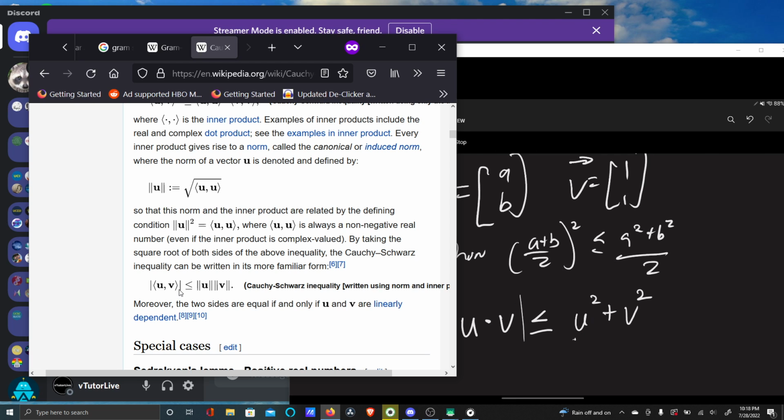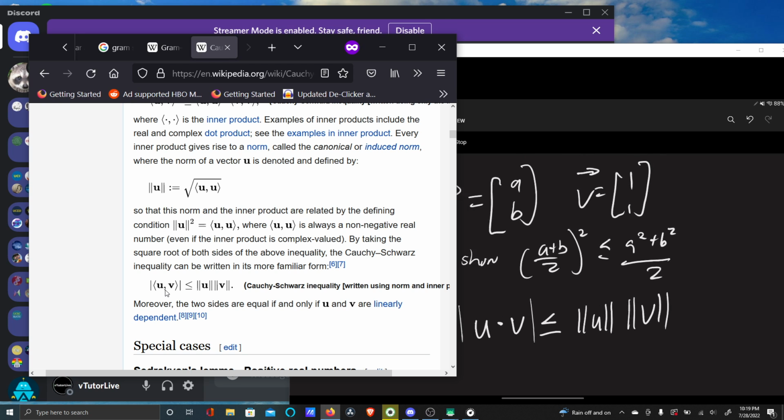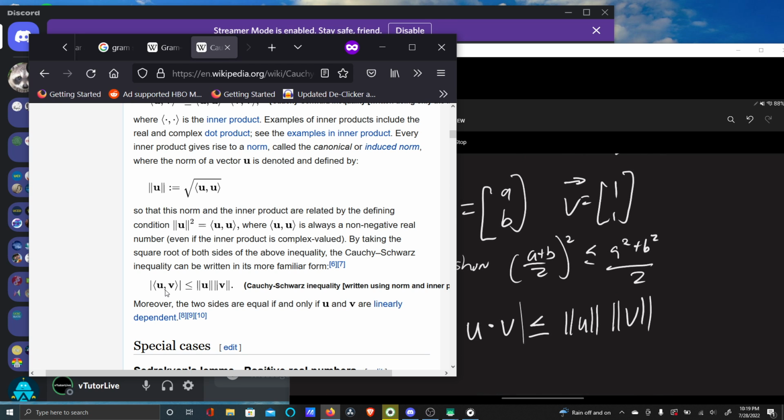Sorry, this is u and v, right? And it's understood that these angle brackets, u comma v, are just the inner product, at least for our purposes of linear algebra. Right, so this is the Cauchy-Schwarz inequality. And what I would suggest that we do is